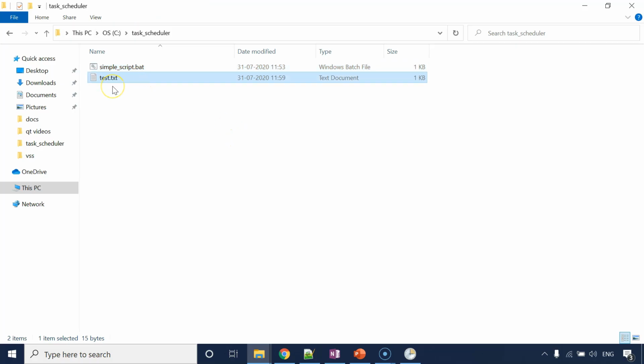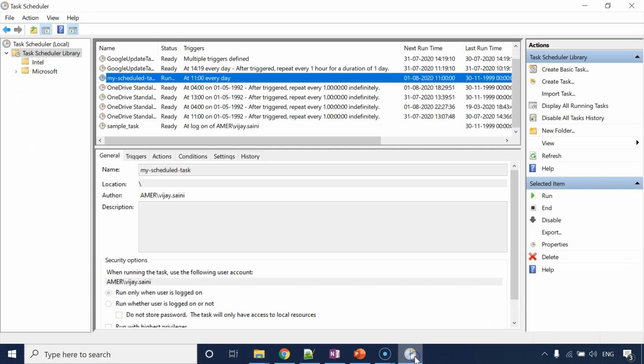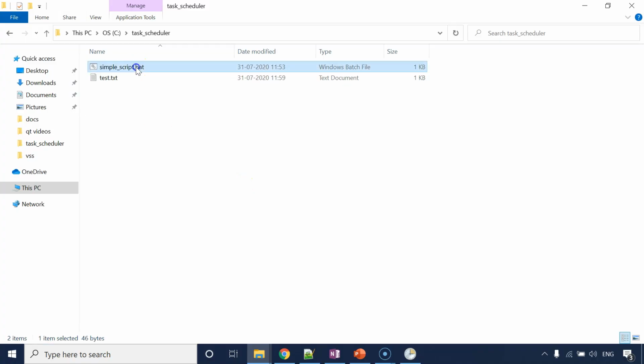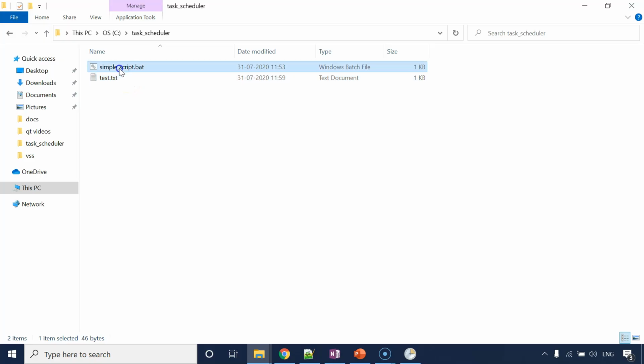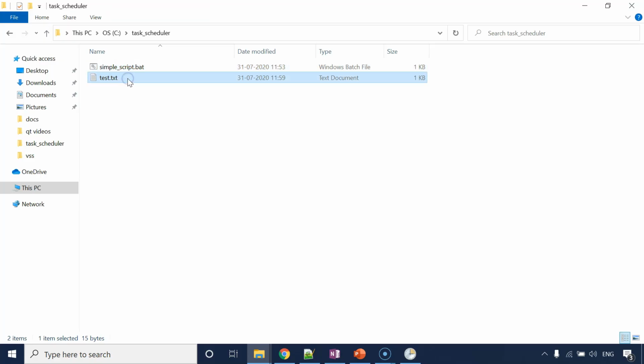Okay. So one way of looking at this is that, okay, this file is created means our scheduled task would have triggered and executed this batch file which would have created this file. But what if this batch file doesn't create any output as such? What if it simply restarts a service and then done? No output for you to check later. In that case, how will you validate if your scheduled task is running fine or not?